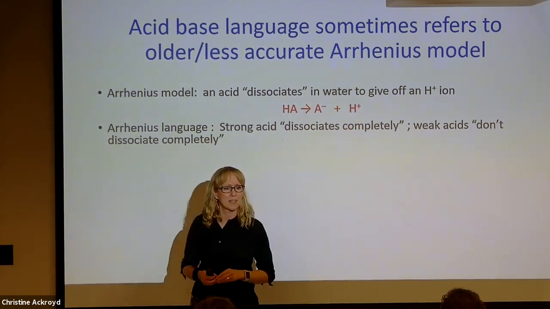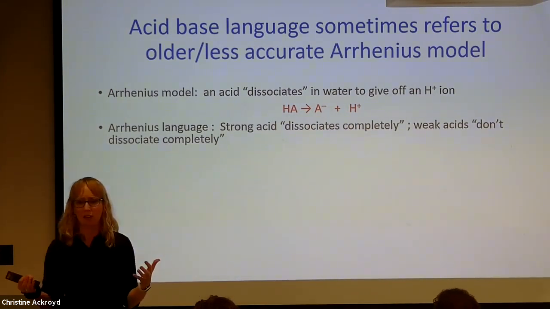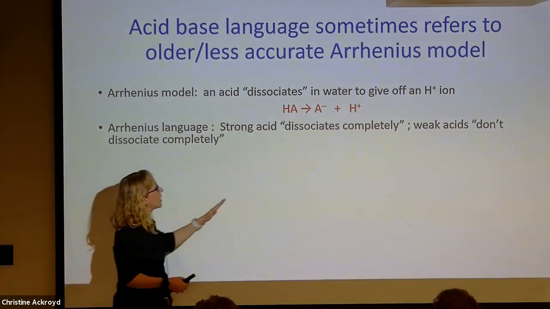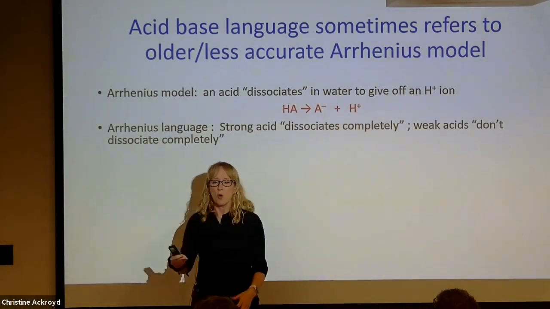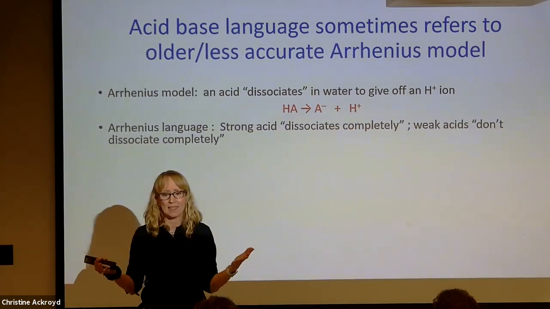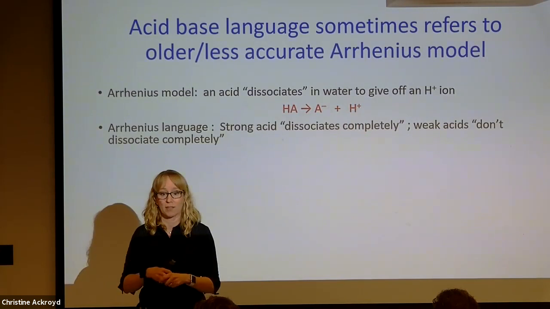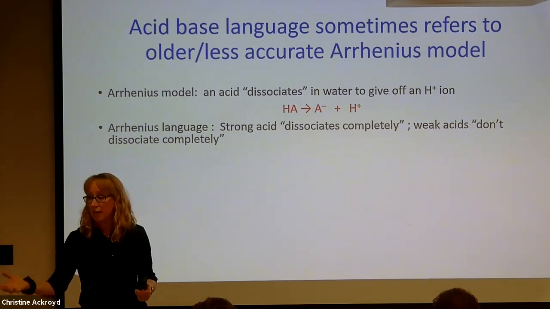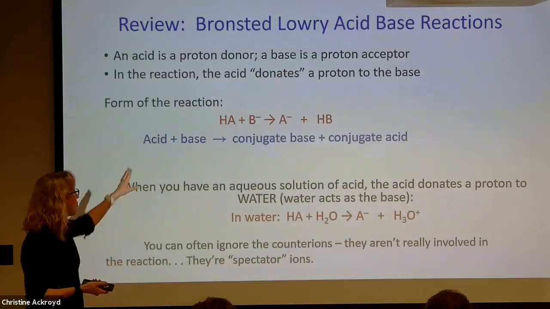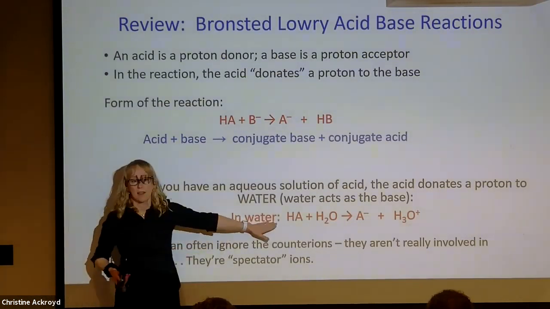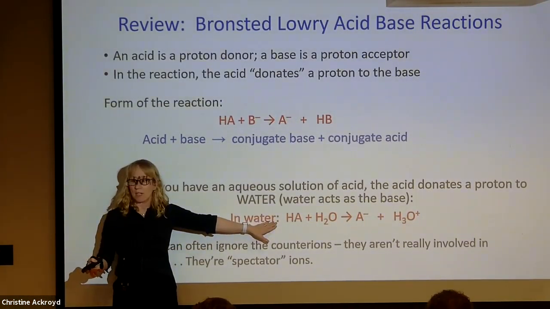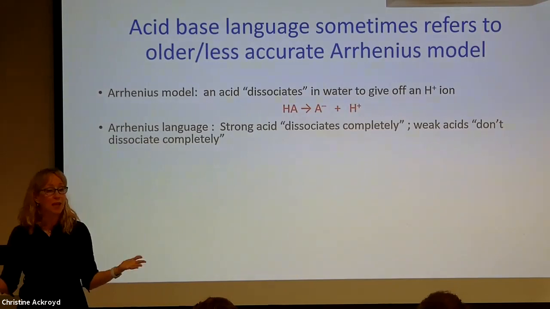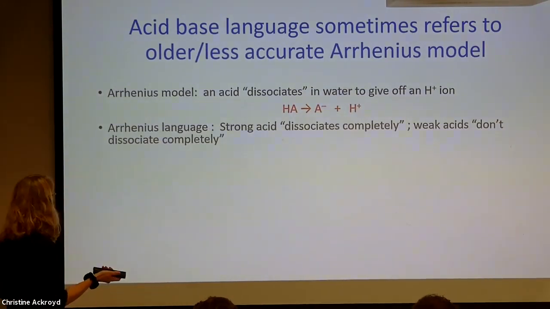Is that really what's happening? Where's that floating proton associated with? Yeah, it's associated with water. So when we write H+, according to the Arrhenius model, it's more accurate to say what's really happening is that we're forming hydronium ion, H3O+. Okay, but you have, I'm certain, already seen that when you look online for acid-base stuff, when you want to see appropriate Bronsted-Lowry notation, very often what you see is Arrhenius notation with an H+. And it's okay to use that as long as you know that that's not the real thing.